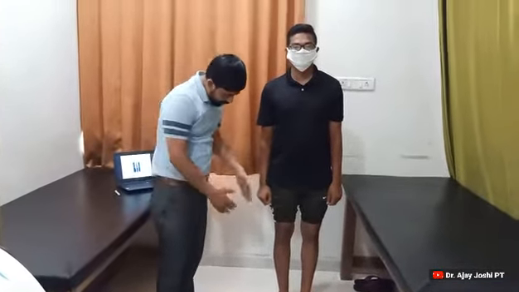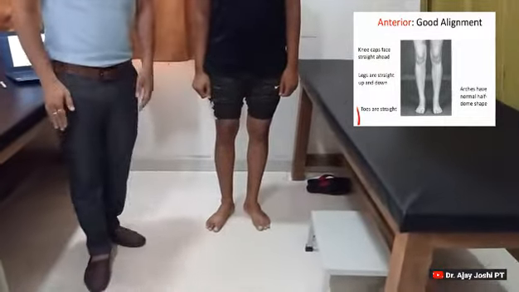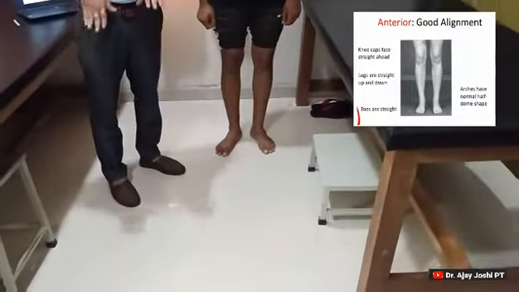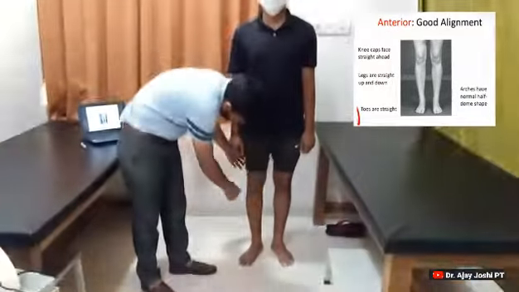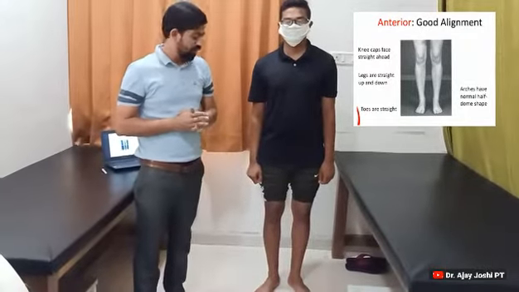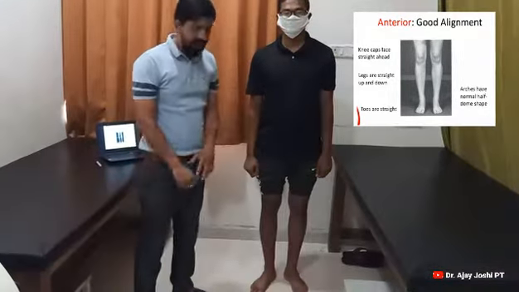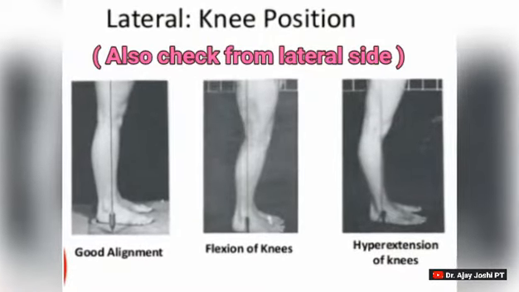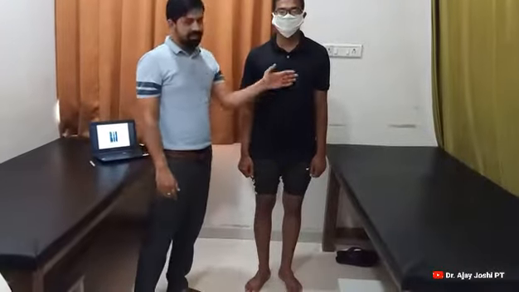Then you have to focus on the patella. Both patellae should face straight forward. Then toes should face forward and slightly externally rotated. Then check for any deformity, genu varum, bow leg or knock knee. Check also ankle and hip alignments for any malalignment. Then ask the patient to sit.